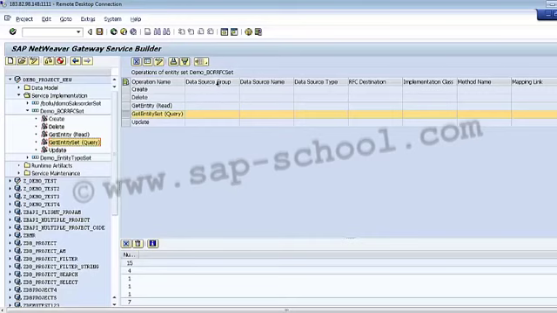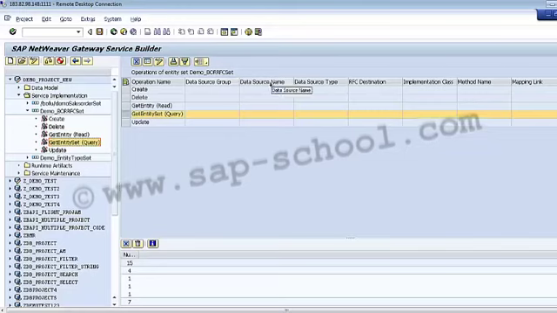Then we have the data source group. So this data source group displays the name of the group object to which the data source for the entity set belongs. After that we have the data source name. So it displays the name of the data source as specified in the mapping. Then we have the data source type.